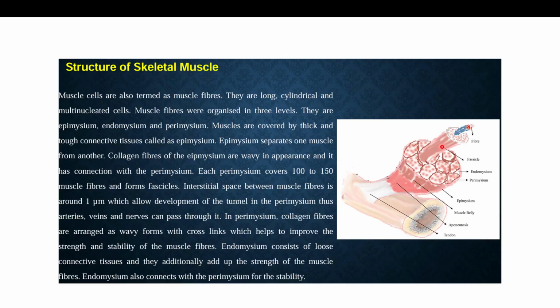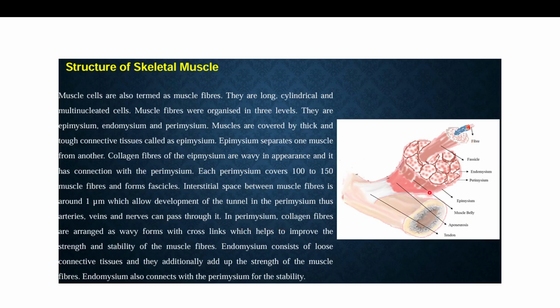All right, and the interstitial space, as in the space between the cells or between the muscle fibers, is around 1 micrometer only, which helps in the development of the tunnel in the perimysium, and hence the arteries, veins, and nerves can pass through it here in these parts. Okay,